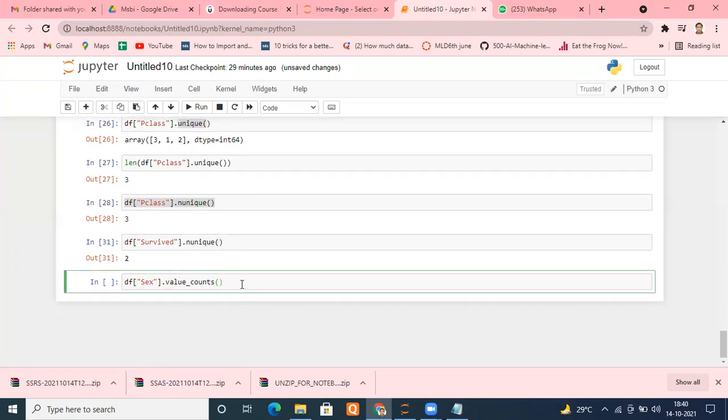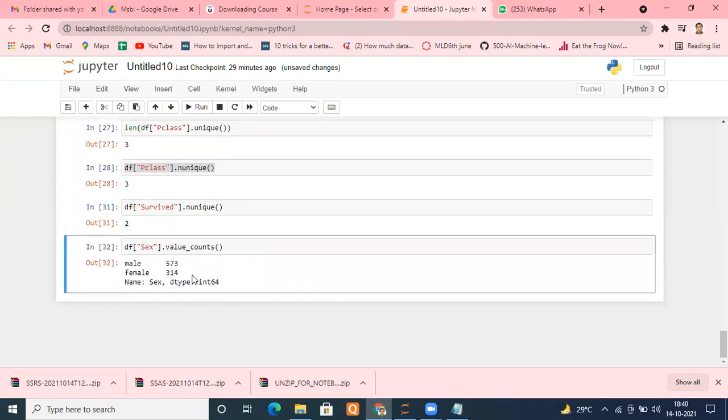Let's see what it will return. It is immediately telling me males are 573, females are 340.